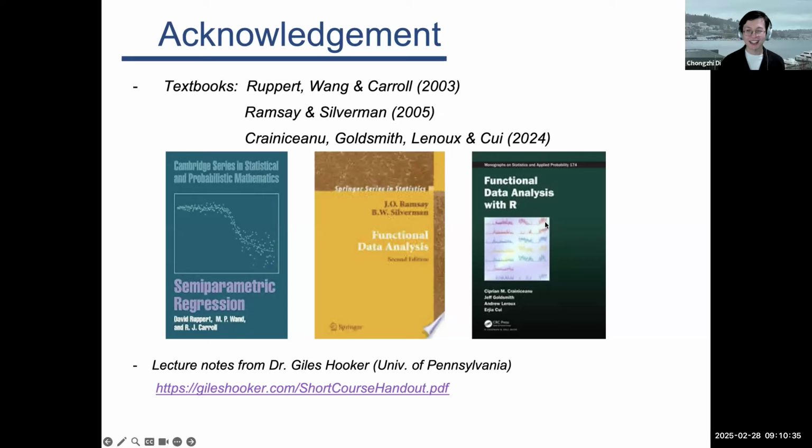This is a classic textbook talking about all sorts of issues and how we analyze those types of data. And then the last one is also called Functional Data Analysis, which is a relatively recent book. It has a little bit more applied and implementation flavor, so it gives you quite a few examples and very specific R code. So people who want to try this analysis can just use the code and run it on those data sets